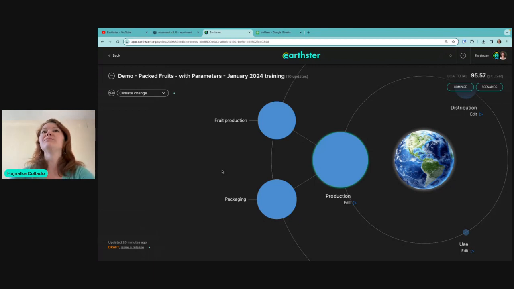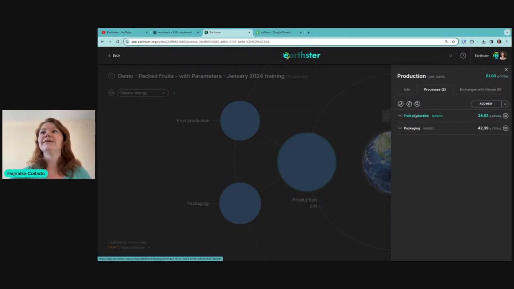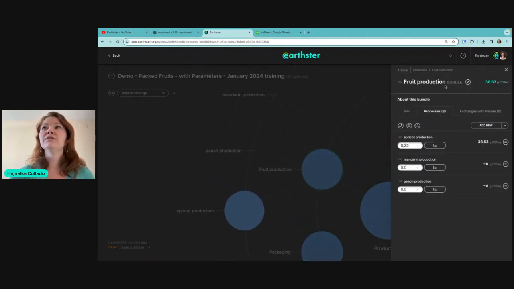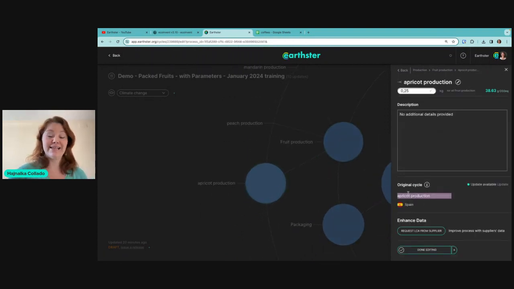And what you use in modeling is what we call bundles. This is, for example, a bundle, and custom processes. So a bundle is a group of processes. So let's see what's inside here. Inside the fruit production bundle are 3 different processes, 3 inputs to my LCA model. One is called apricot production, which is the ecoinvent dataset itself, called like that. So I did not rename it, but you're able to rename any of